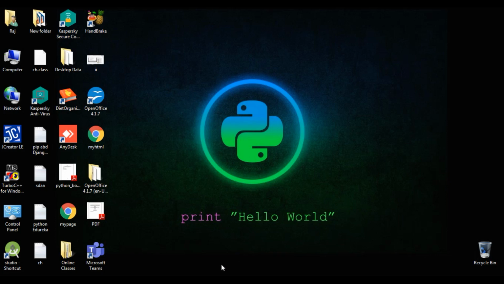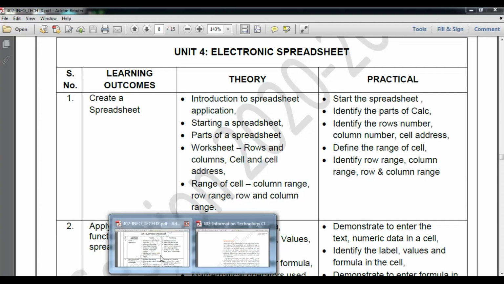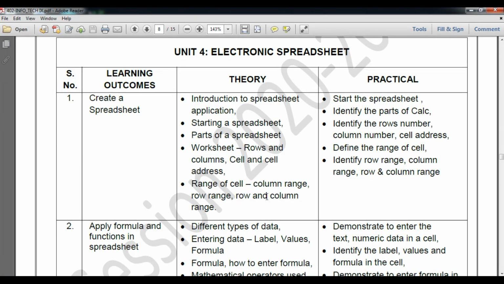Today we're going to learn the spreadsheet program, that is electronic spreadsheet, unit 4, learning outcome 1, in which we learn how to create a spreadsheet. Okay, in the practical part you learn to start a spreadsheet and identify the parts of Calc, that is spreadsheet. This application is known as Calc in OpenOffice. Identify the rows and columns, number, cell address, define the range of cells, identify the row range and